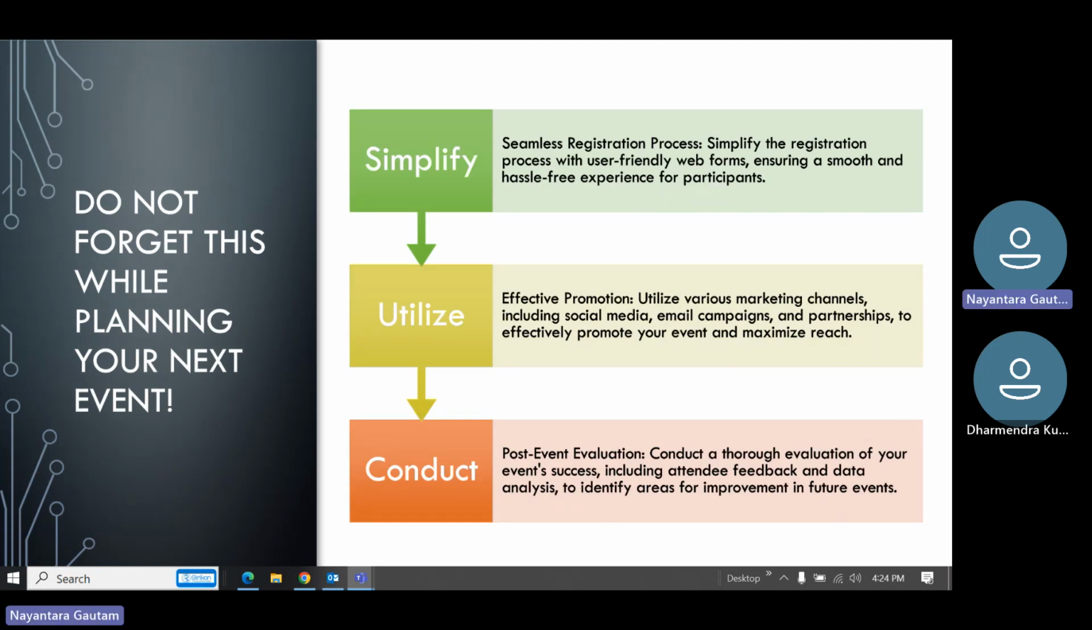Simplify the registration process. We need to simplify it with user-friendly web forms, ensuring a smooth and hassle-free experience for participants. Effective promotion: use different marketing channels, including social media, email campaigns, and partnerships to effectively promote the event and maximize the overall reach. Post-event evaluation: we need to conduct a thorough evaluation of the event's success, including attendee feedback